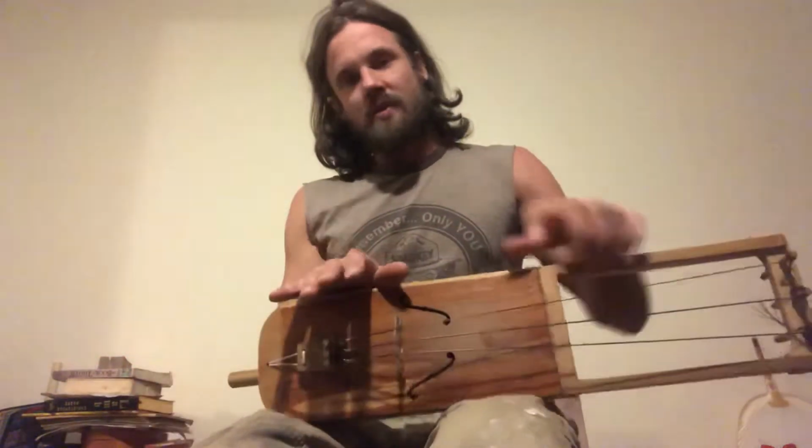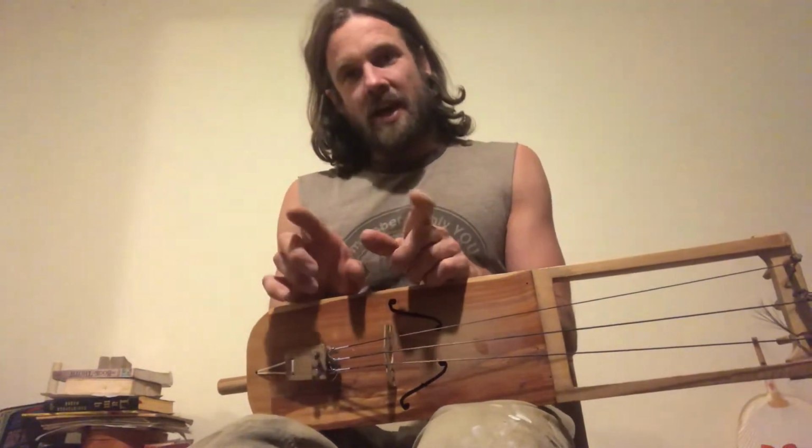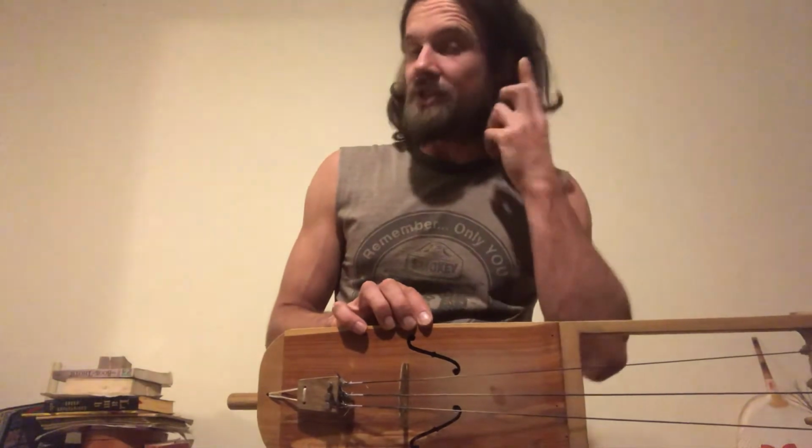Oh, I used hide glue to glue this whole thing together. After trying Titebond and wood glue and things like that, it's real functional for important joints, but what I wanted to do was really keep integrity with the quality of the sound, like I said before. Hide glue is not the most weather-worthy, but it does dry harder than any other glue that I know of. And some people believe it'll actually enhance the sound of your instrument to have that glue vibrating in the joints